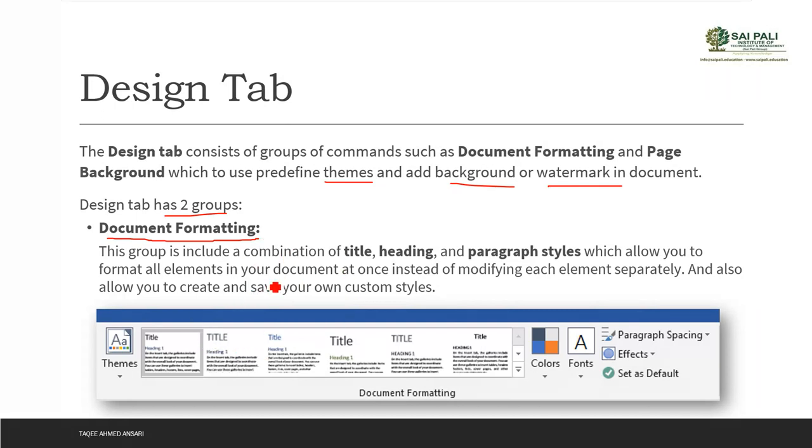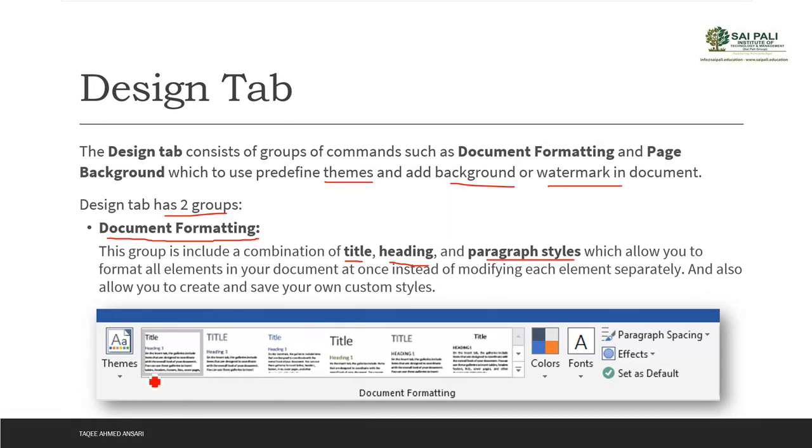Theme means we can manage the overall theme of our document. We can also manage different elements separately, like the title, headings, and paragraph styles. But if your documents are big, managing them separately can create differences, and we don't want one thing on one page and something different on another page. So we can use the overall theme options, where we have some preset themes to choose from, and we can design the theme of our whole document, every page in it.